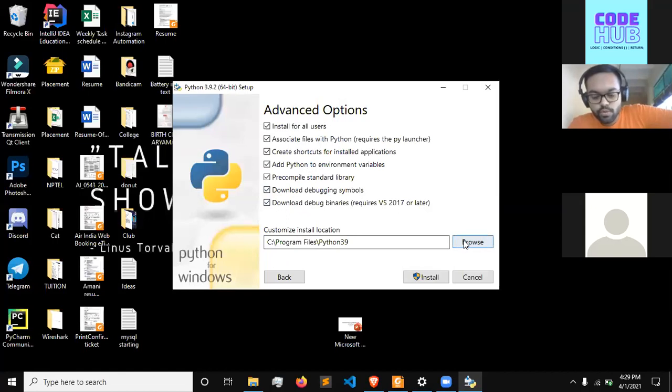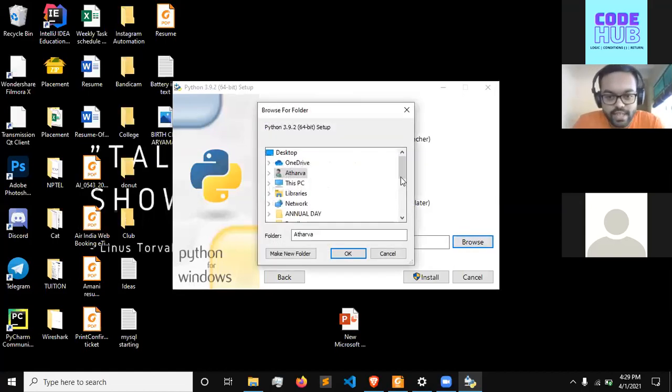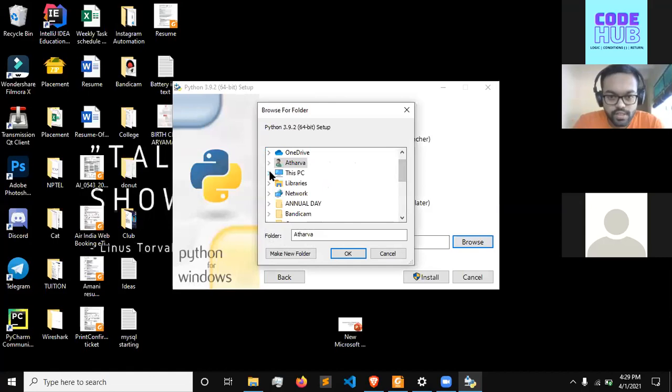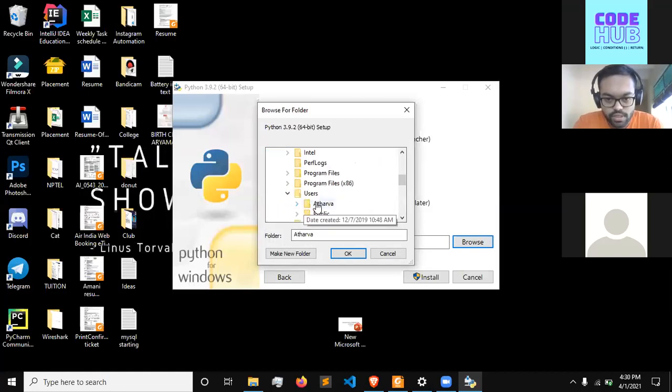Okay, now click on Browse. Browse to the folder you selected. It was in This PC, so go to This PC. There will be a slider here. Then click on Local Disk C, then Users and your name, and select the folder you created.